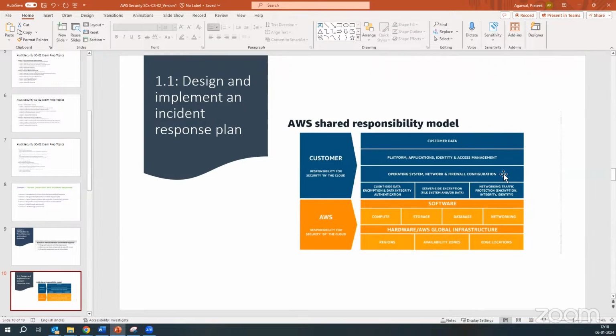Next is the hardware, the AWS infrastructure. This is the backbone which is supported by AWS. Through this, it ensures the speed and the data availability, depending upon the size and the license we have purchased. For example, we have 100 gigabytes of data and we want to have it synced within seconds. So AWS comes with premium features which we can incorporate, and we can have access to those types of data libraries, and those will be assigned to our functional regions and availability. We have the dedicated availability zones